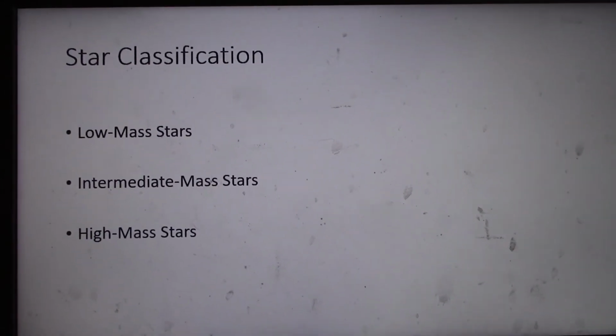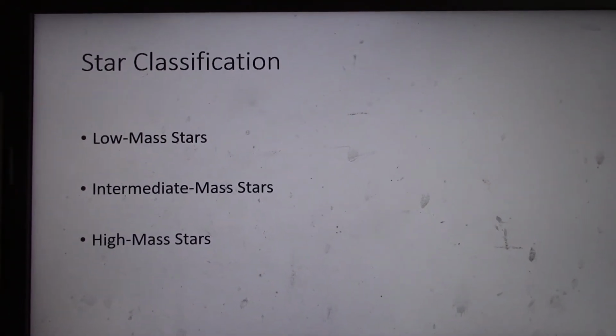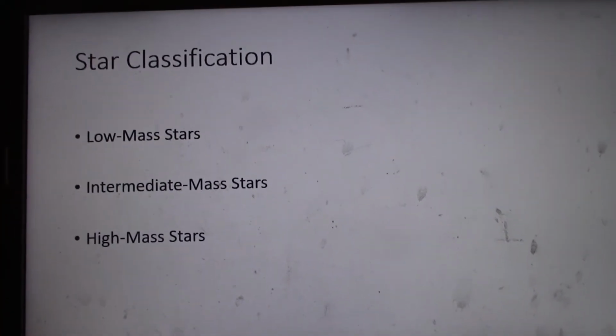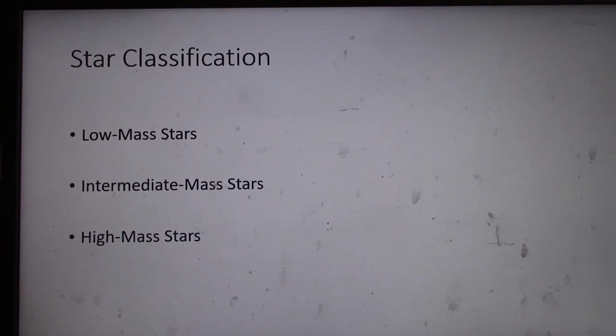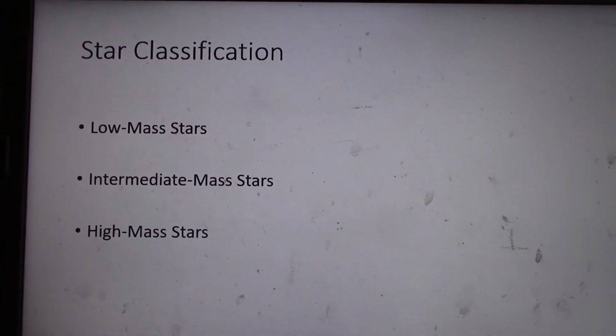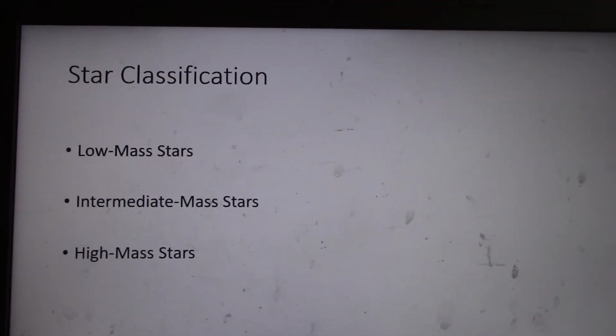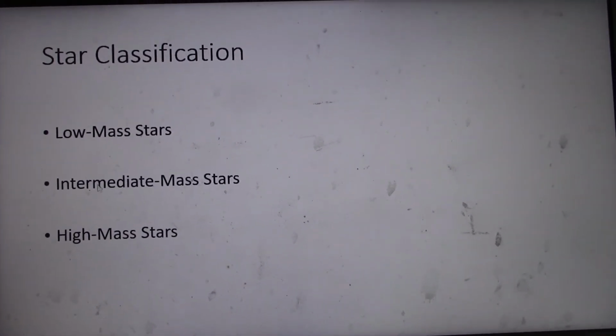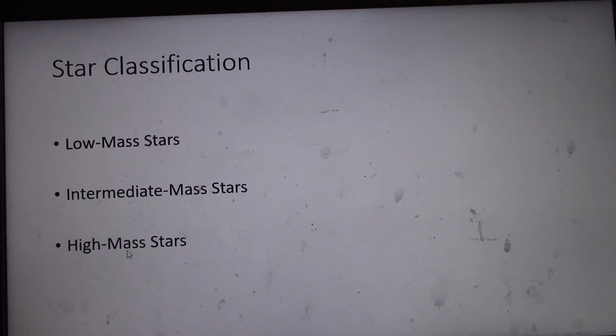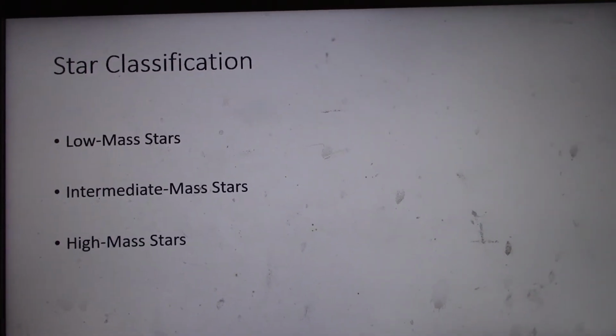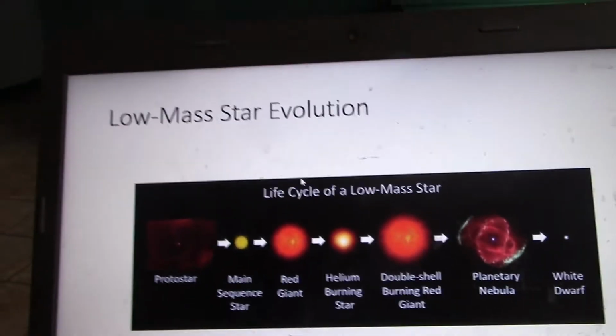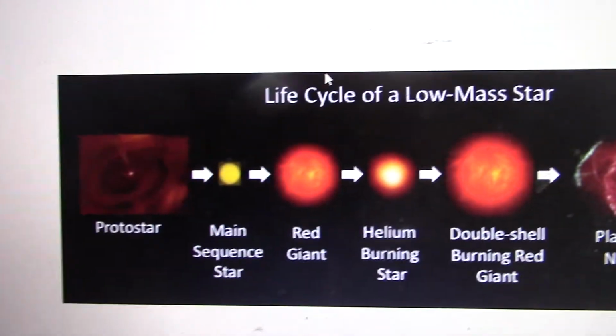So the last piece of this unit is looking at star classification. Now, this is a very simplified version of how stars form and what goes on with stars, but it suffices for what we're learning in Science 30. So we have low mass stars, intermediate mass stars, and high mass stars. So you need to be able to classify stars. So if we look at low mass stars,